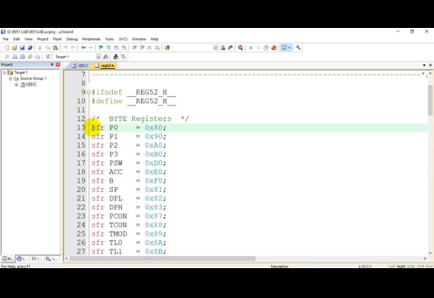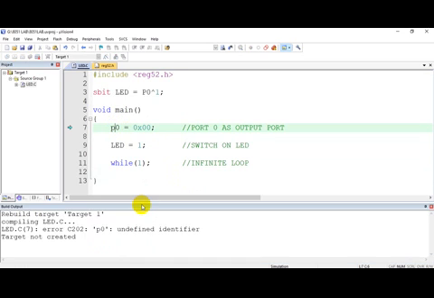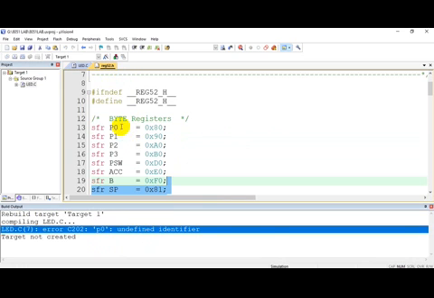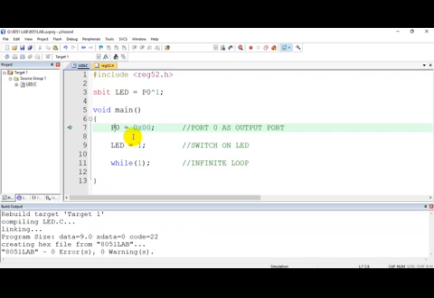Similarly, all the four ports are defined, and you should use the same names. That's why I have used P0 here. If I use a small letter p here, see what happens. It is undefined. Why? Because in the supporting header file reg52.h, P is in caps. That's why this also should be in caps. Only then it will be identified.